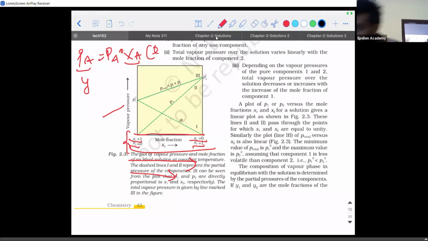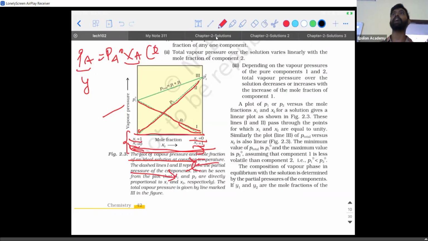Now look at this. Let me look at x2 first. From this to this, the mole fraction of 2 is increasing, right? So what should happen? You look at P2. This is the graph for P2. See, that is increasing. The vapor pressure is increasing. In the same way, look at x1, that is for component 1. This side it is increasing, right? So obviously you see this is the P1 graph. It's mentioned here. You see that's the P1 straight line.